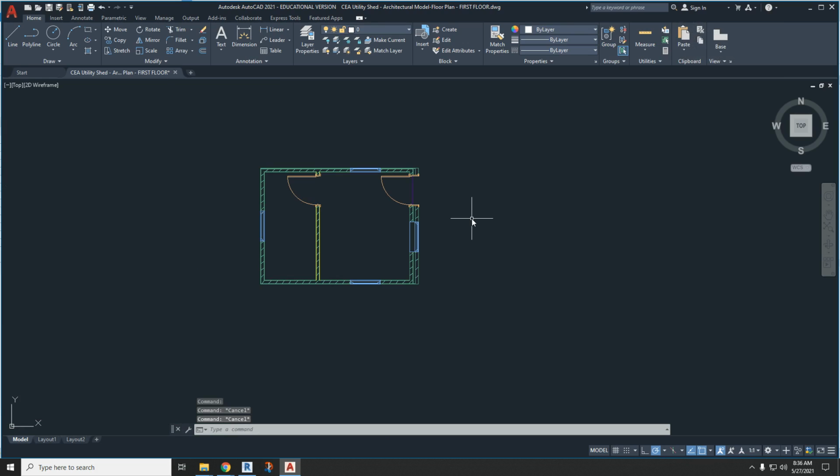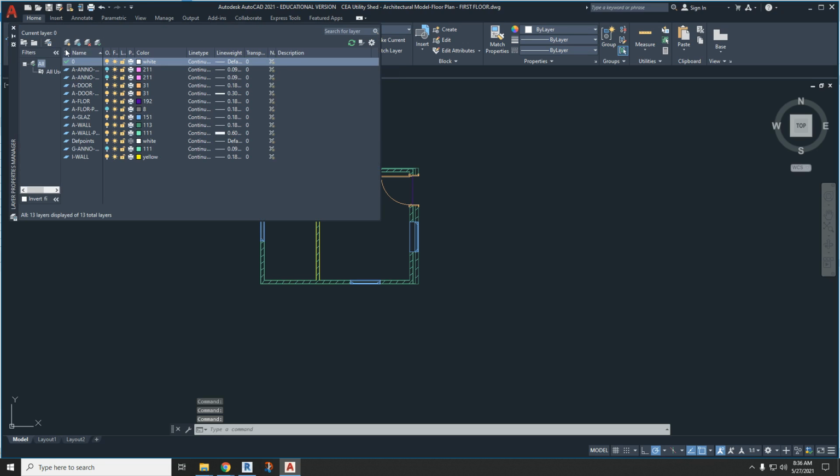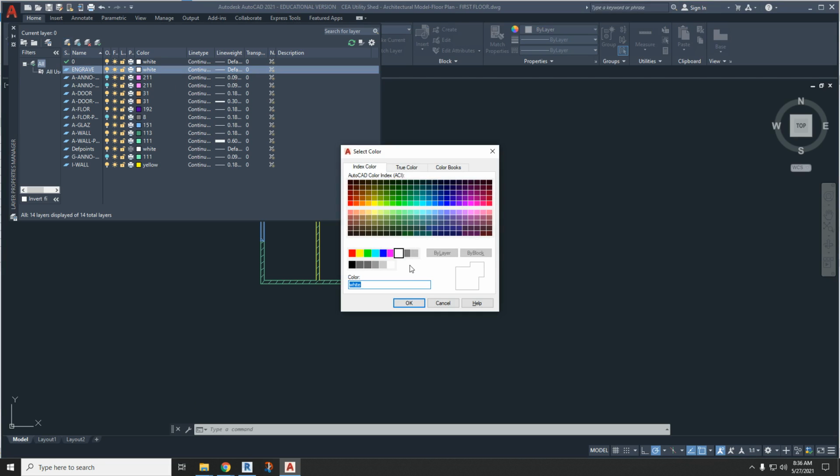So now you need to create 2 new layers. So go to Layer Properties, click on that, and create 2 new layers. One for, you can call it either raster or engrave. Raster is like more of a technical term for when you're doing laser stuff. I'll just call it engrave. And the color for the engraving, you can choose whatever color you want. I'm just going to do this color here, cyan for